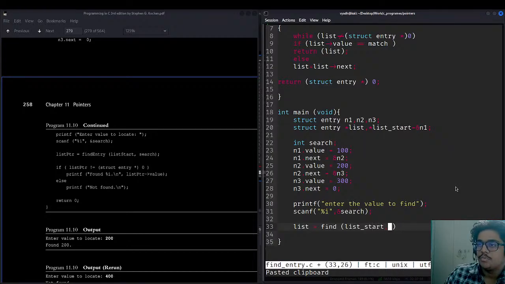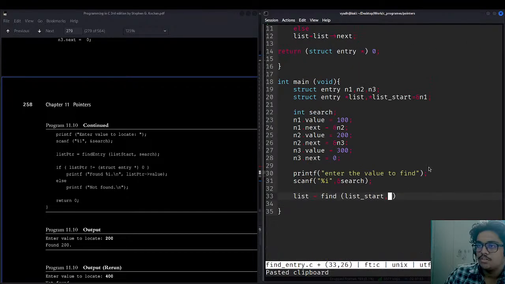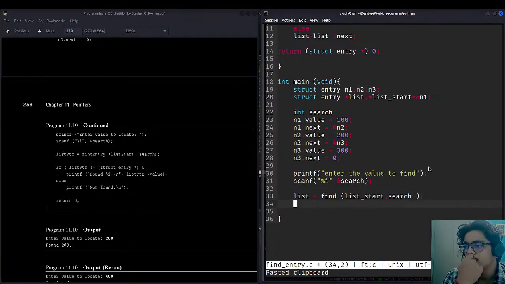Then we need to pass the argument of match, that is search. Okay, it should be working. We need to store because we need to make a list, and we are starting from list start and going from search. And there's a case of null pointer.